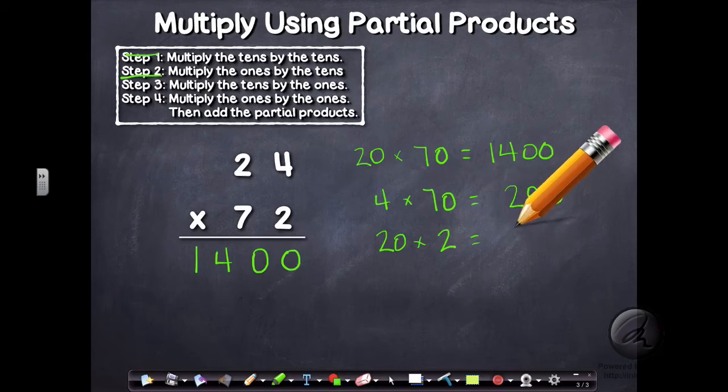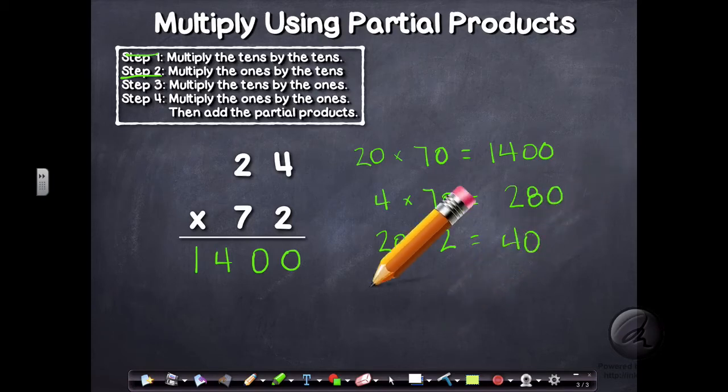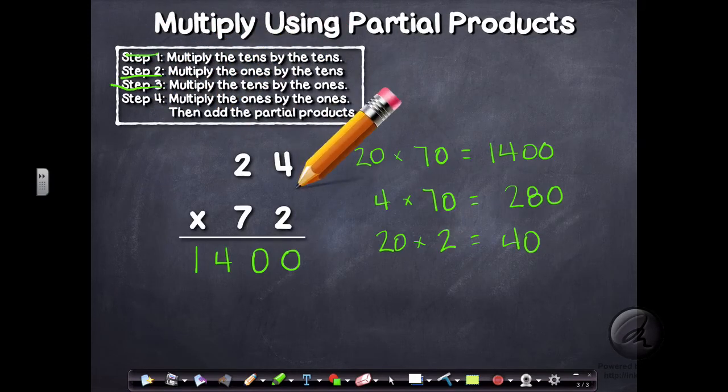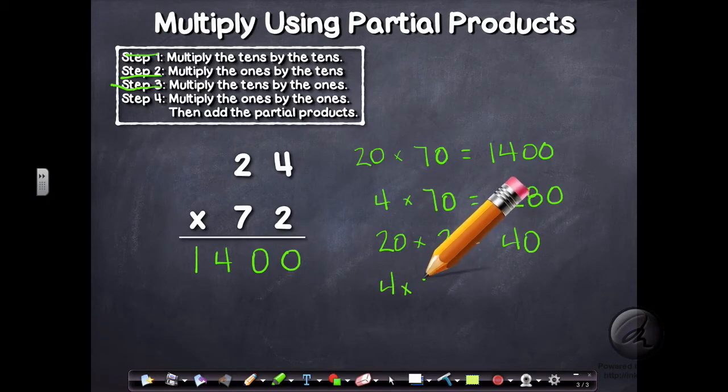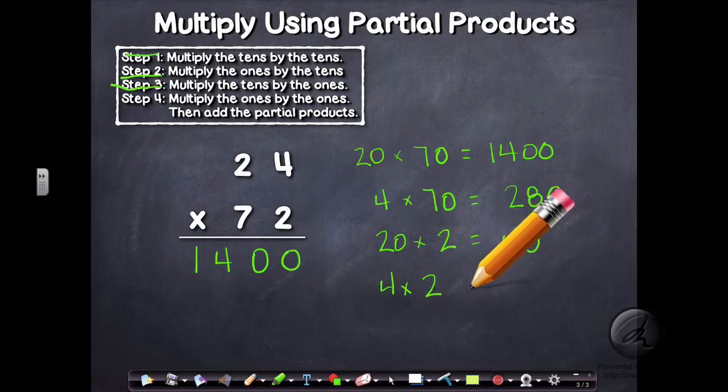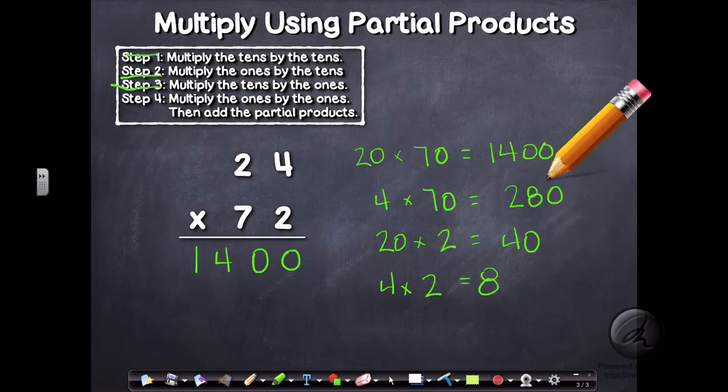So 20 times 2 would give me 40. And then step 3 is done. So now we're at step 4, multiply the ones by the ones. So 4 times 2 is going to give me 8. Now I have all my partial products here, and I was forgetting to write them over here, but what